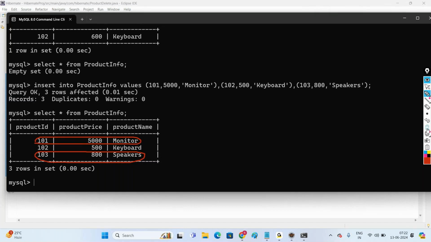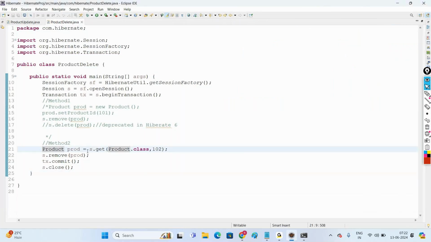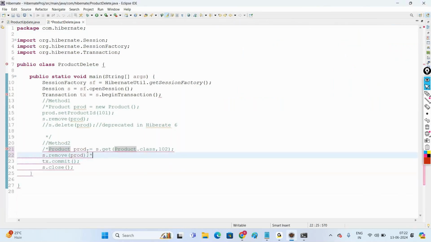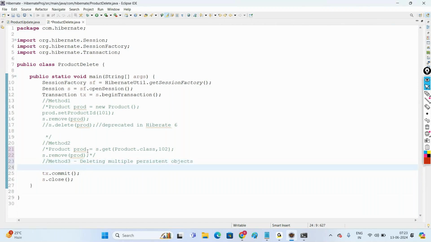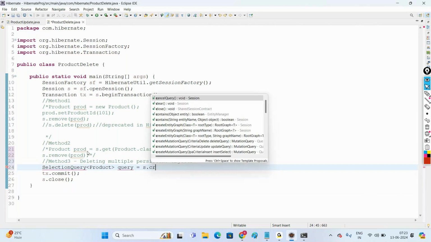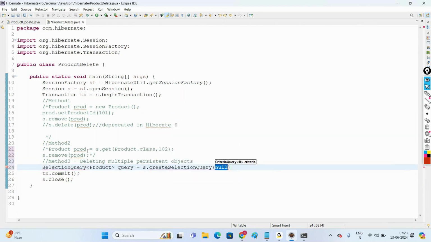So for that, let us go with the next method, that is method 3. What is method 3? Deleting multiple persistent objects. We want to delete multiple records. For this, use the interface SelectionQuery<Product> query equal to session.createSelectionQuery("from Product